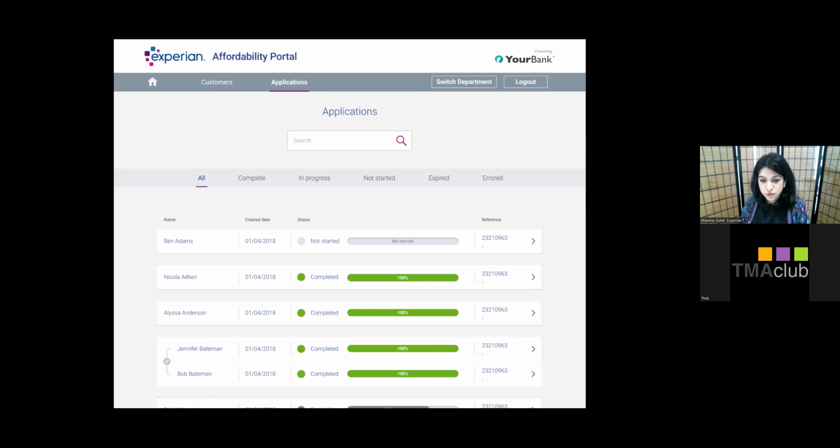And whatever they choose will get recorded in the portal. If they declined to proceed, that gets recorded in the portal, and you will be able to see on your side that this customer has chosen to not proceed. So let's assume happy path, they are happy to give the consent. The moment they click on I agree, continue, the report becomes available in the portal for you to review. As part of this journey,